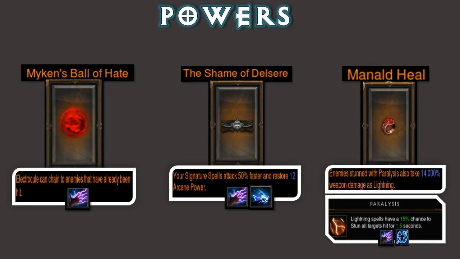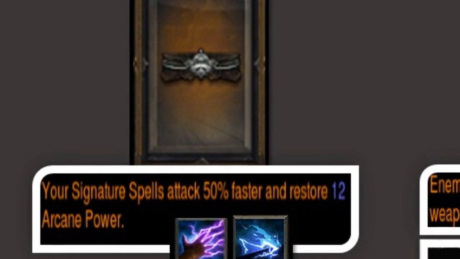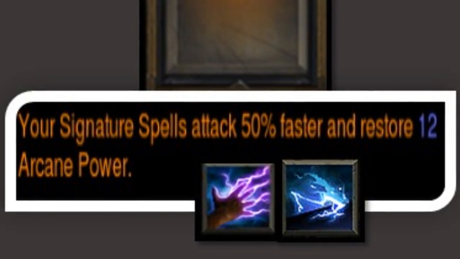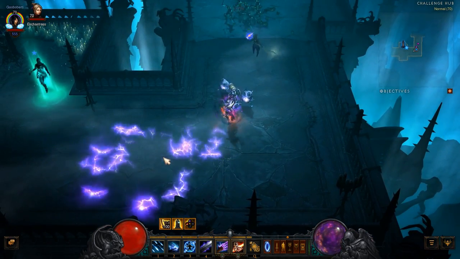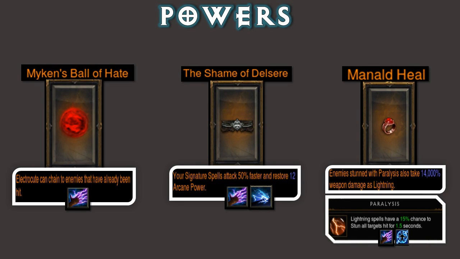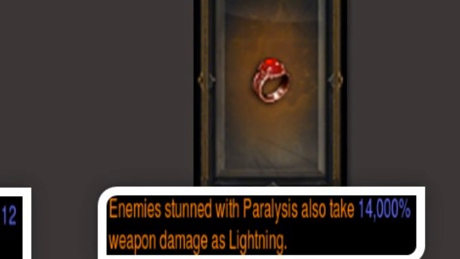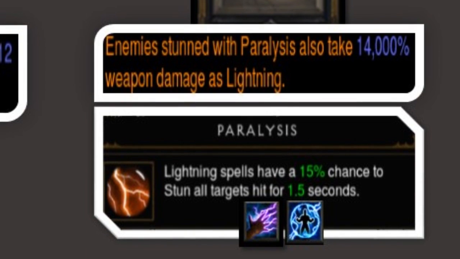Next we have the Shame of Delcir. This affects our signature spells, allowing for them to attack faster and increase resource generation. In this build there are 2 signature spells as I marked here. We have Electrocute with Chain Lightning and Shock Pulse with Power Affinity. So that's lightning and arcane damage being spammed faster, giving us more resource generation as we go. And finally, for our third power, we have Manald Heal. This affects enemies stunned with paralysis to make them also take 14,000% weapon damage as lightning, paralysis being one of